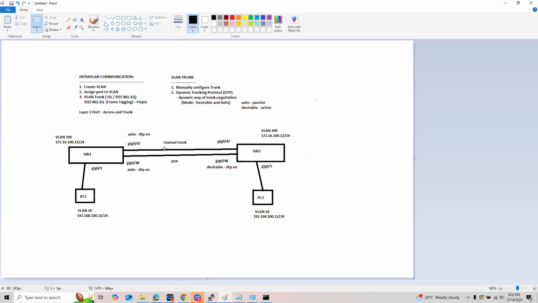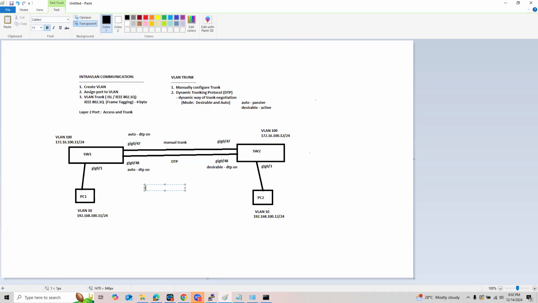Okay, next meeting, guys, bear with me because we still have a lot of things to discuss for fine-tuning our switch environment. Guys, intra-VLAN communication is already working. But there are certain things that we can do to fine-tune things. All right, we will be discussing next things still related to switching. So how are you going to enhance your switching environment in terms of performance? That is by implementing, guys, EtherChannel.